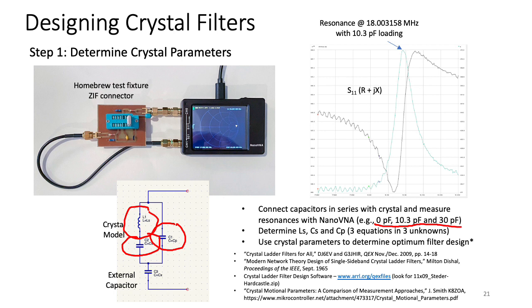The NanoVNA is set up as in the previous example, where we have a measurement plane over here for the output and over here for the input. And the crystal is in between. We're going to look at the impedance of this entire network as a function of frequency. And in the three cases of 0 pF, 10.3 pF, and 30 pF, we're going to measure the resonant frequencies